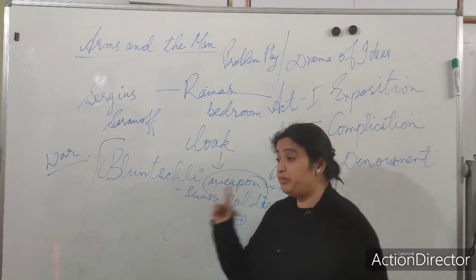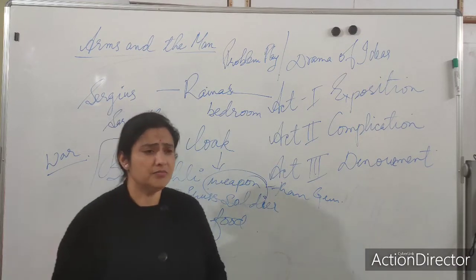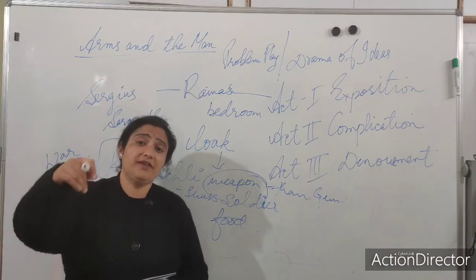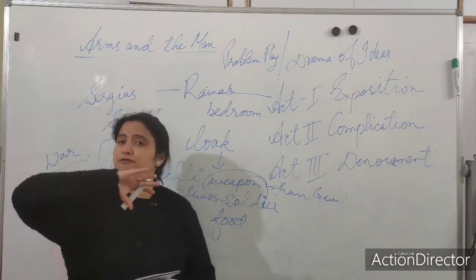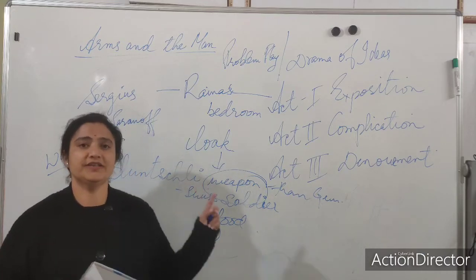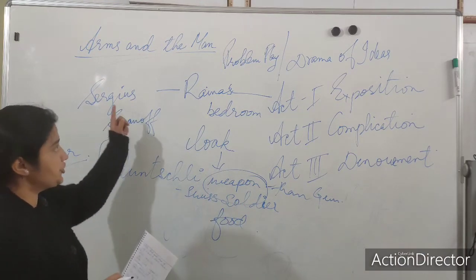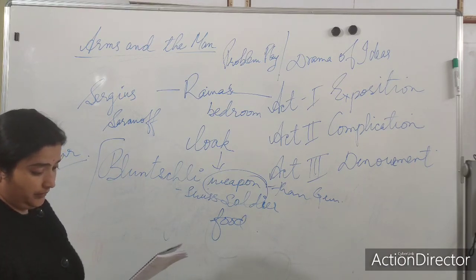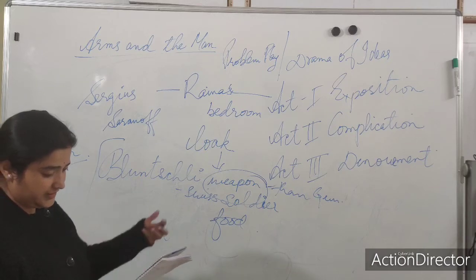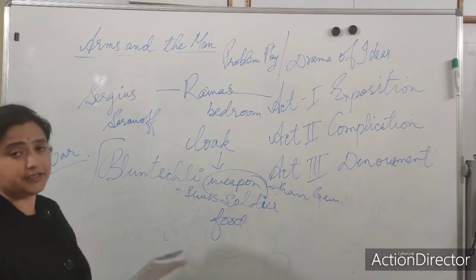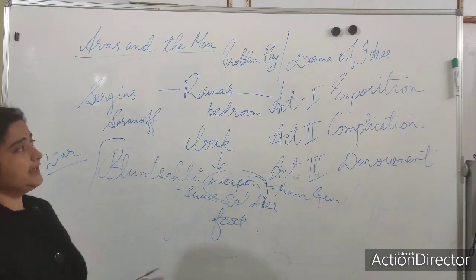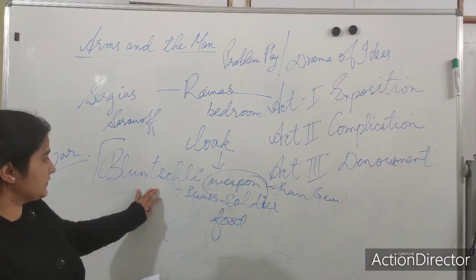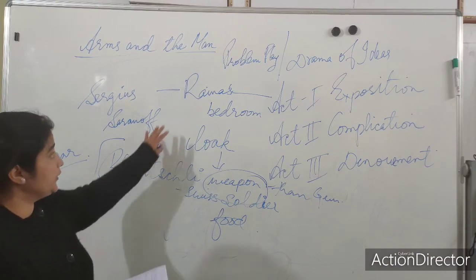Moreover, we know that Bluntschli is what? He is a mercenary soldier. He has nothing to do with patriotism. He is only fighting for an army for the sake of money, right? So through his character, Shaw is condemning war, right? Now, in this particular act, certain things happen and certain aspects as far as the war is concerned are revealed to Raina.